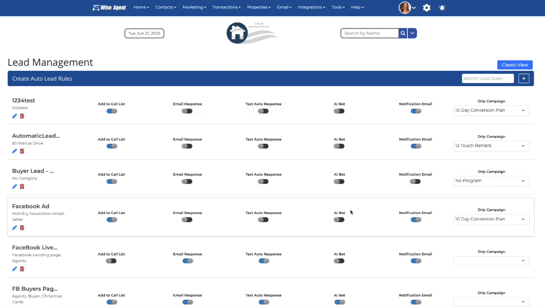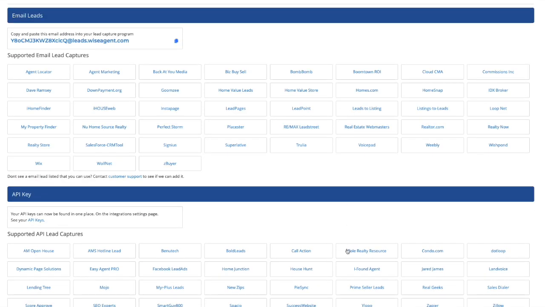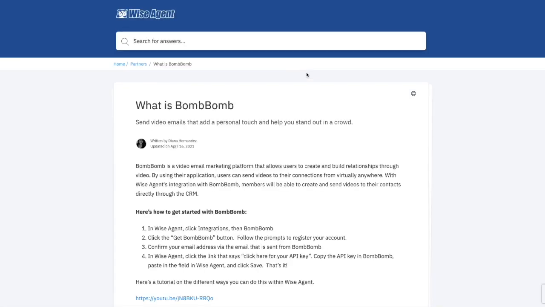On the same lead management page, if you scroll down further, you will see the email leads and API key section. These are companies and websites that we are integrated with so that you can connect to and gain your new leads into your Wise Agent account from those websites. If you see a company or website that you have an account with, you can simply click on the name of the company or website and it will give you detailed step-by-step instructions on how you can connect the two